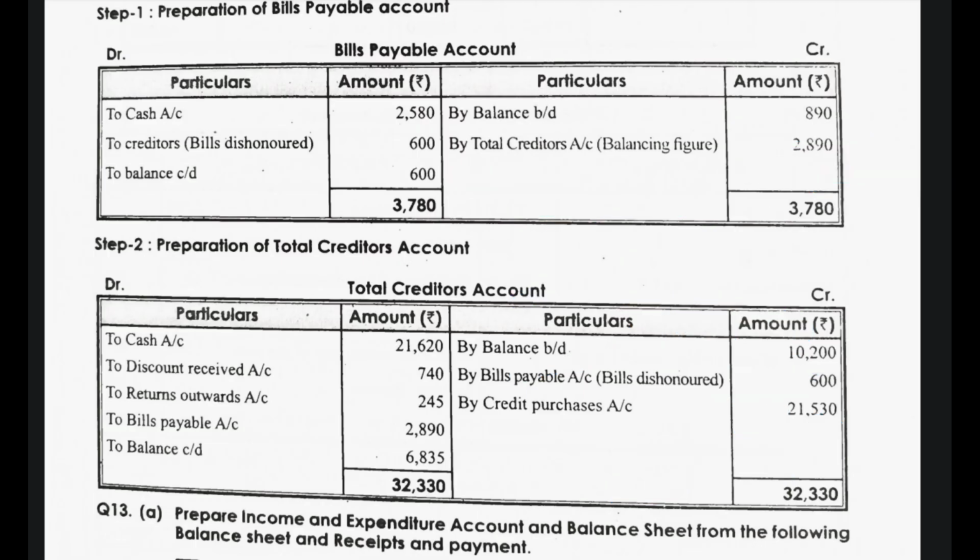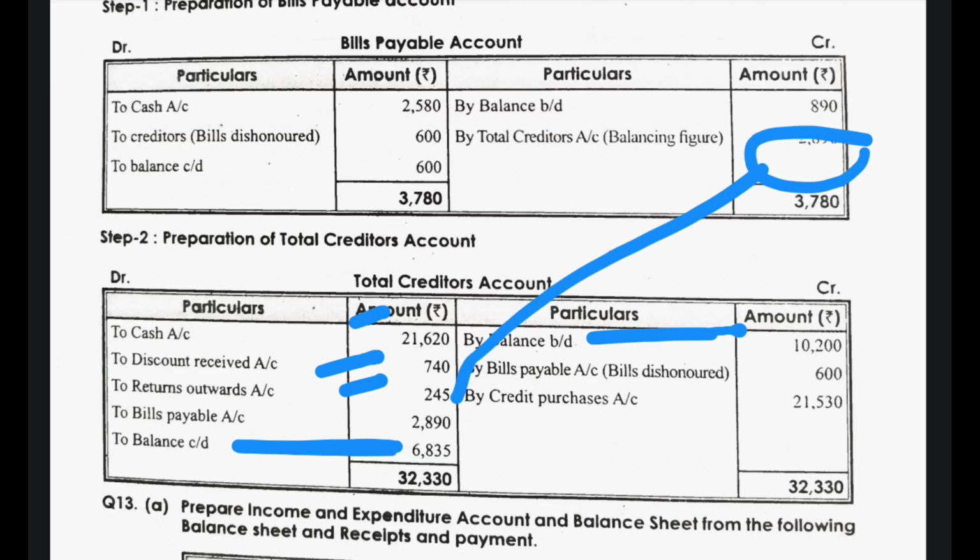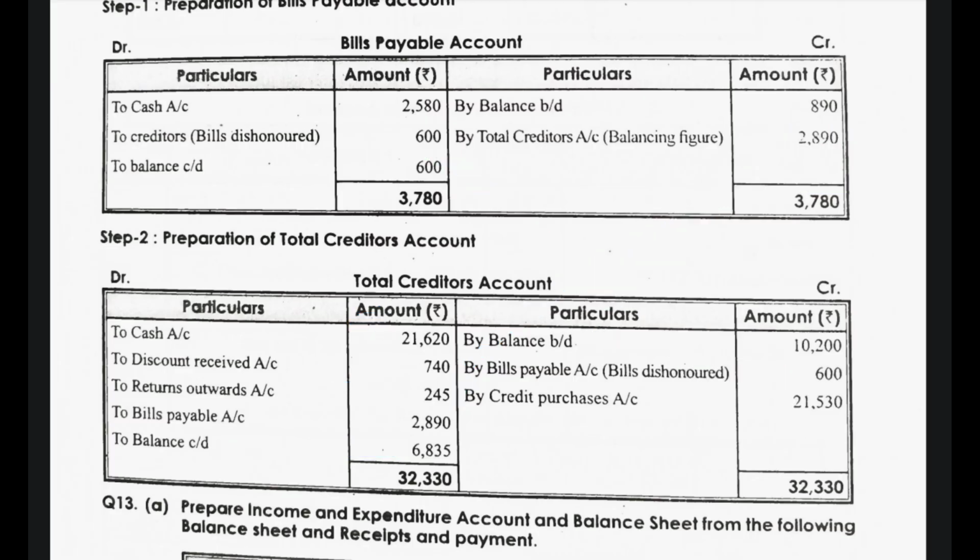Now next we have to prepare the total creditors account. In the total creditors account also, the same way: balance brought down, the opening balance we will have to take on the credit side, and the closing balance we have to take on the debit side, to balance brought down. Remaining items: cash paid to creditors this amount, and discount received and return outwards, bills payable this amount 2890, this again you have to take this side, and creditors this 600 again you have to take this side. From the bills payable, by bills payable to bills payable, this amount you have to take. Now add all these items, we will get